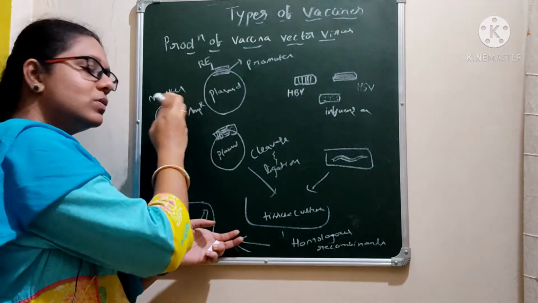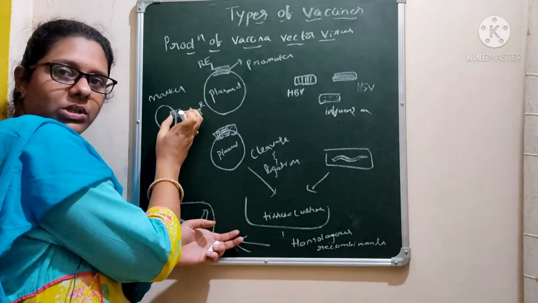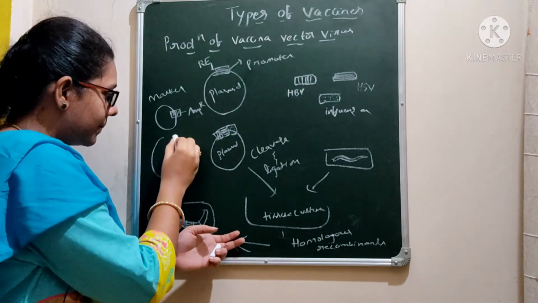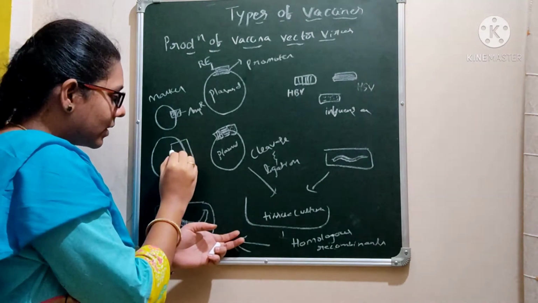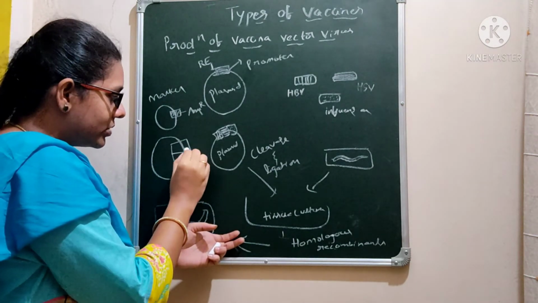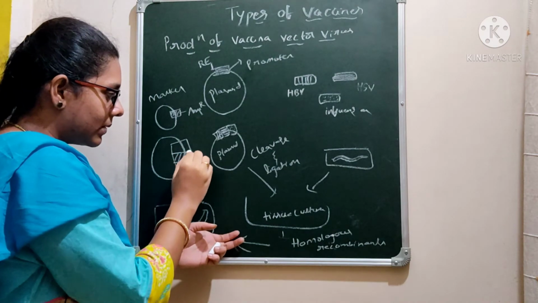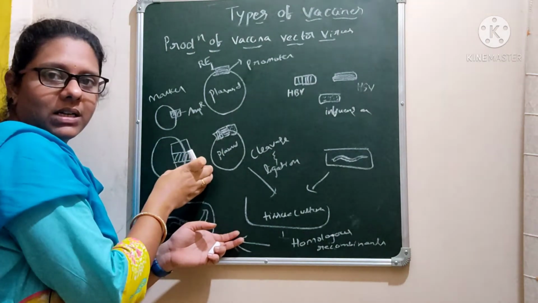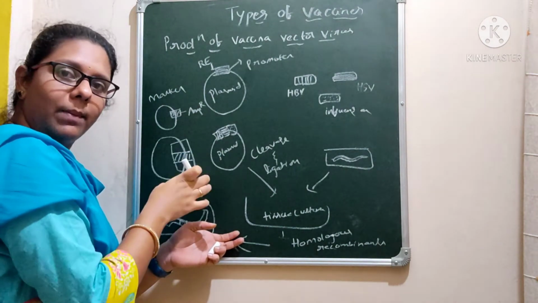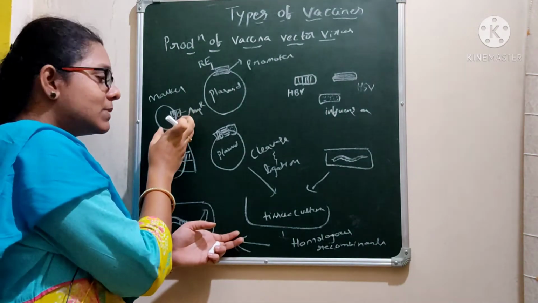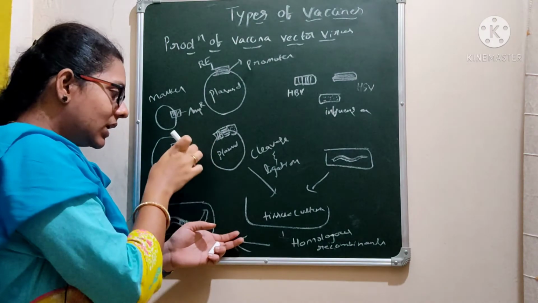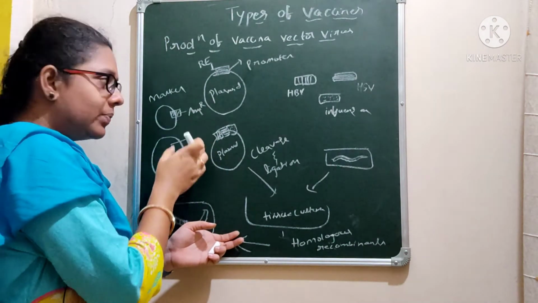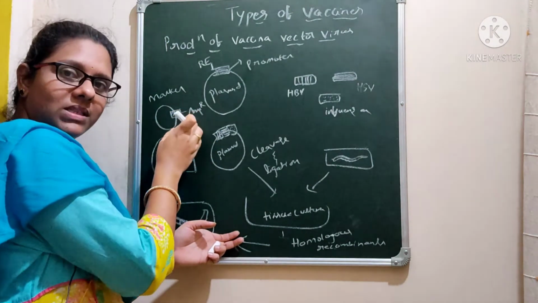Once we introduce the foreign gene in this position, for example, see here, this is the marker gene, and we are going to introduce a foreign gene over here, that is within this marker gene site. So what happens? Initially this plasmid showed resistance to ampicillin, but due to the incorporation of the foreign gene, there will be a change in the sequence here, right?